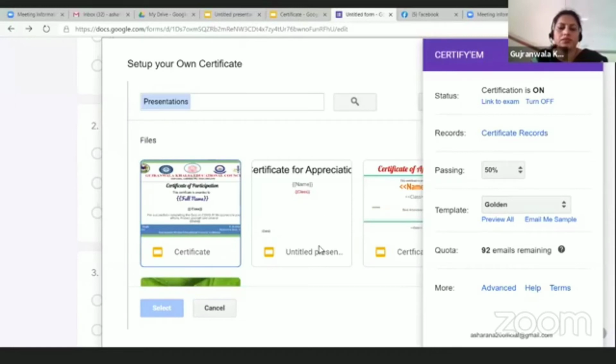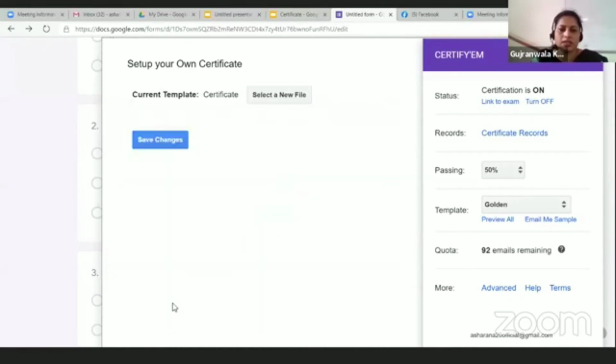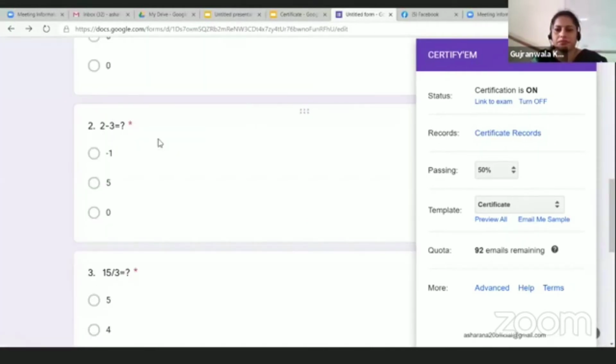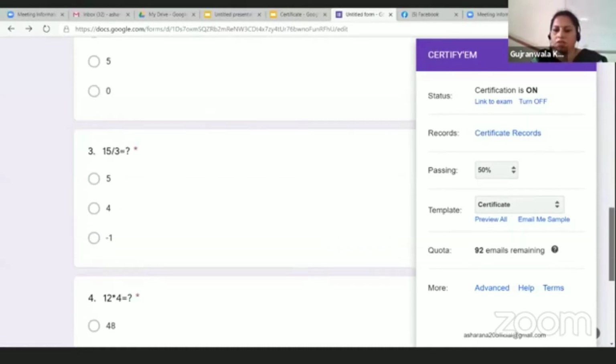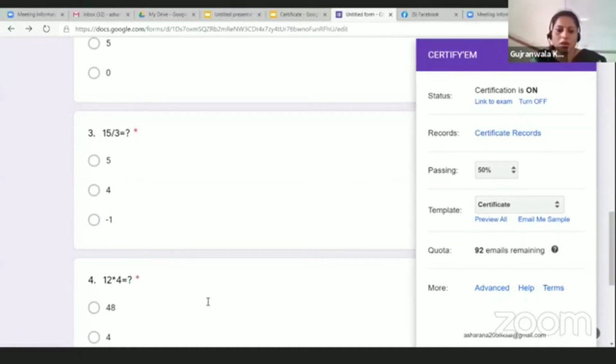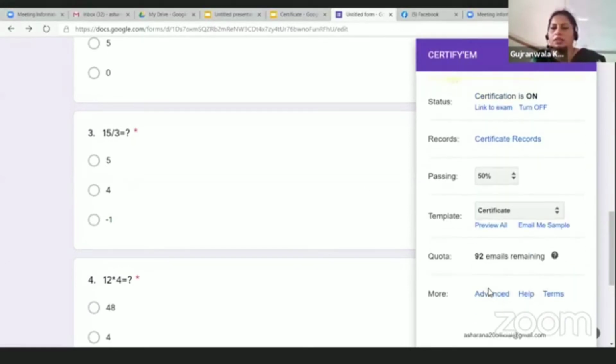Here you will have all the certificate templates which you have saved in your Google Slides. So we have done this, and then click on select, save changes. Right. And we are good to go, I suppose. All things are done now. These controls are irritating me. Now you can click on advanced option.